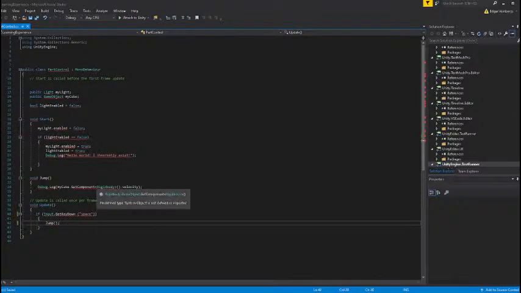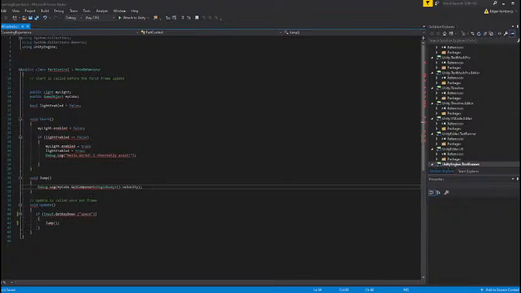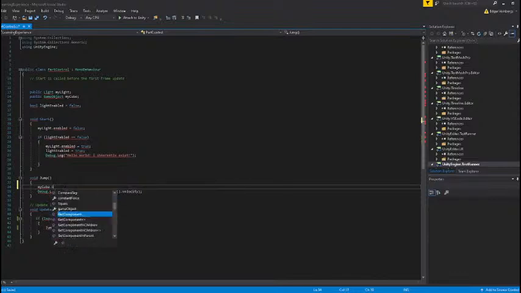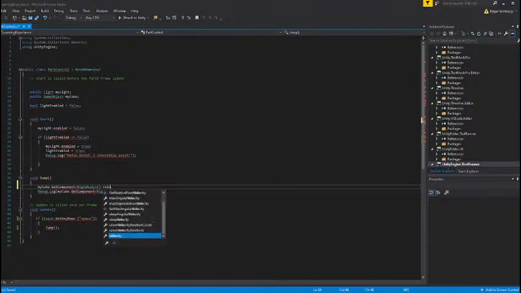Okay, now we just need to set the velocity. So it just gets component, my cube dot get component, rigid body dot velocity is equal to vector 3 dot set. So I'm gonna do